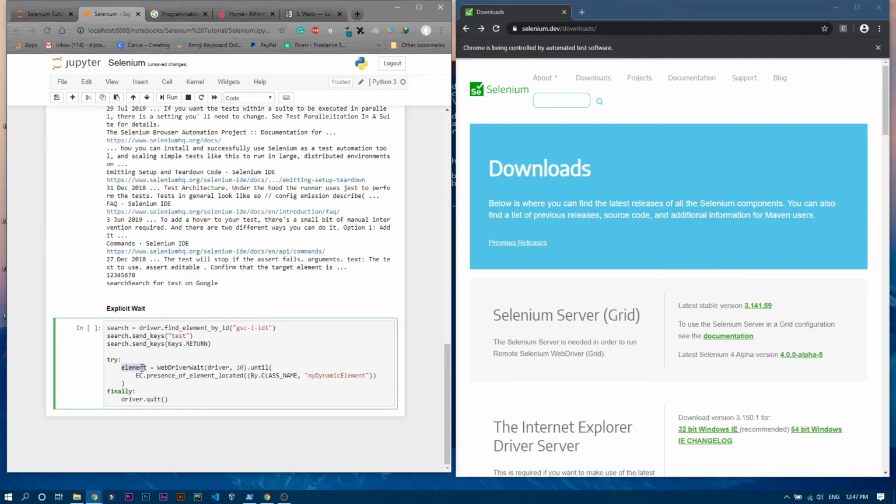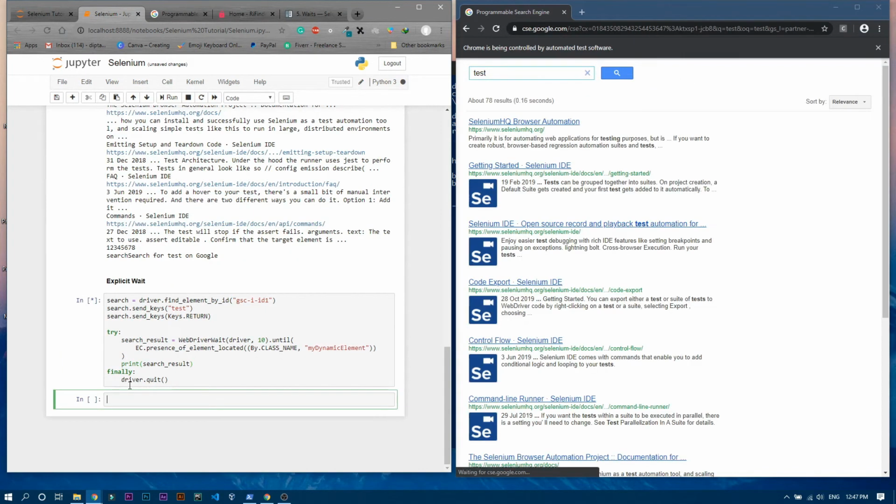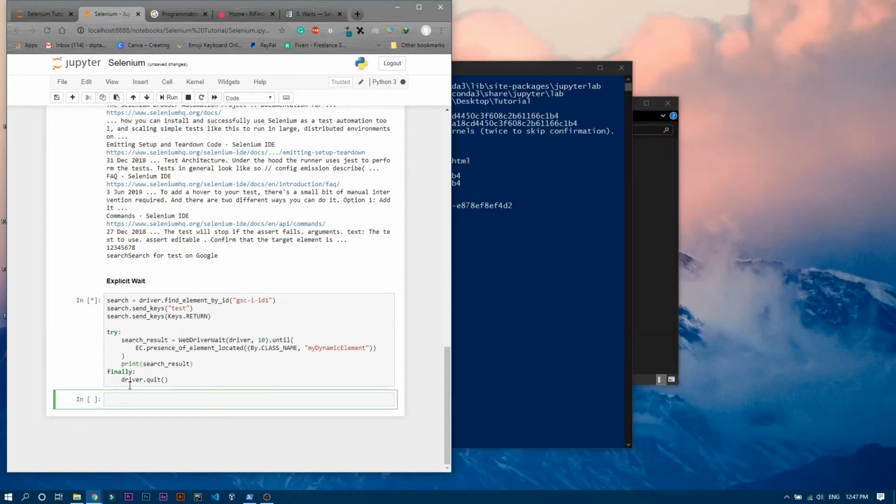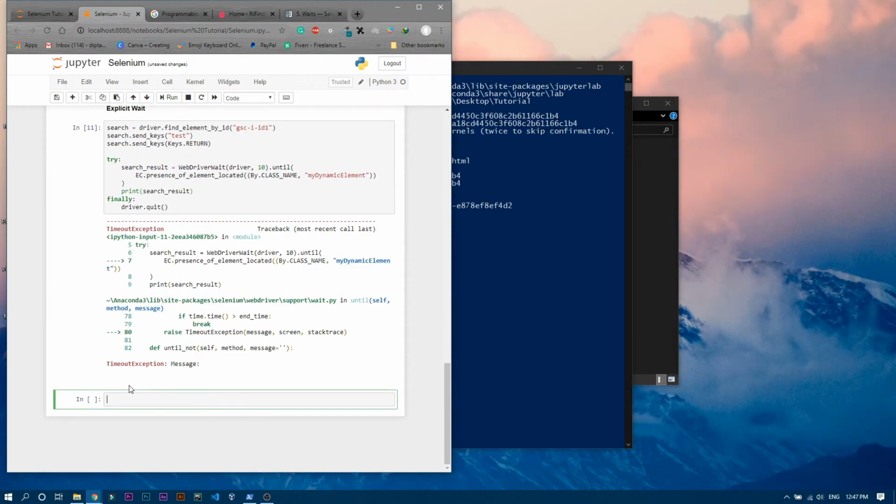So we will write over here search_results, and now we are going to print the result. We will just write print search_result, right? Now if I run it, you can see it opened that section. Now it is waiting for 5 seconds. Well, actually, because of this driver.quit, it finally quit the browser. So it closed that browser.